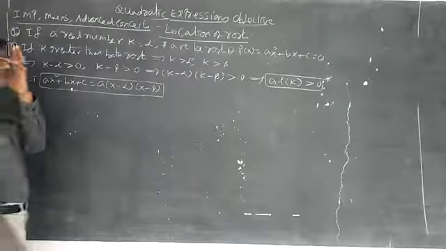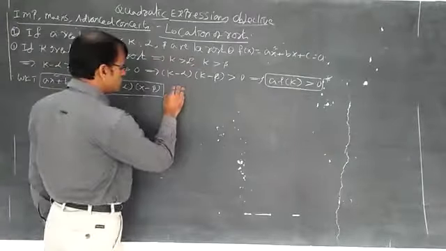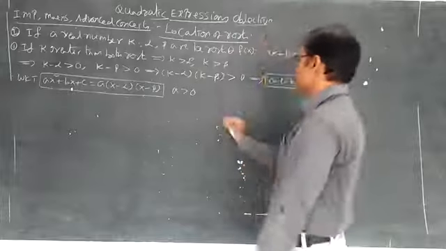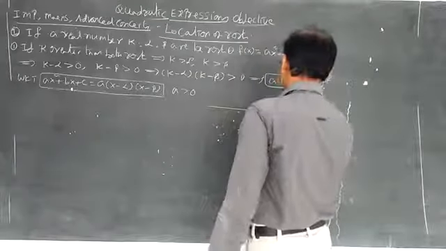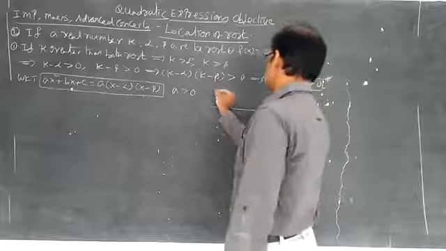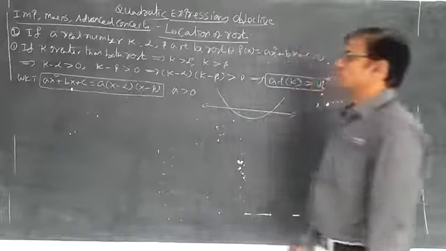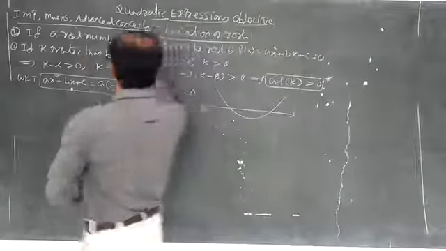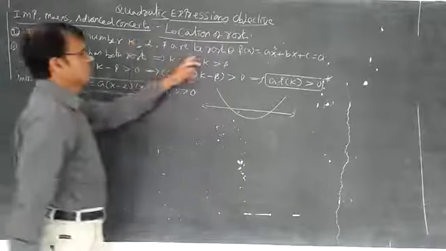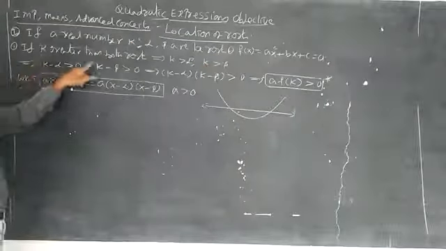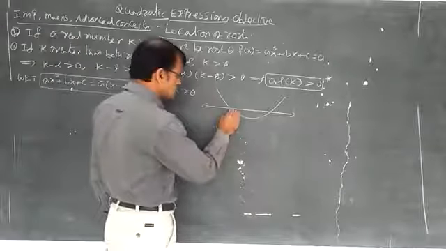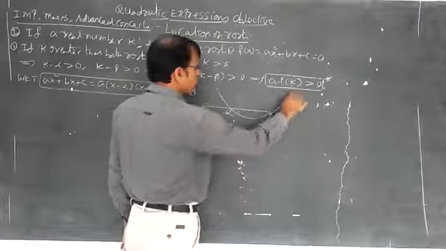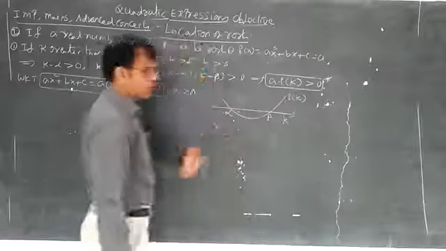Let us draw the graph now. If a greater than 0, so we know that whenever a greater than 0, the quadratic equation graph indicates upwards parabola. Here what I am saying, a real number k exists. Alpha, beta are the roots of this one. If k is greater than both roots, so this is alpha and this is beta. Students, this is k. So f of k, here positive side, f of k greater than 0.